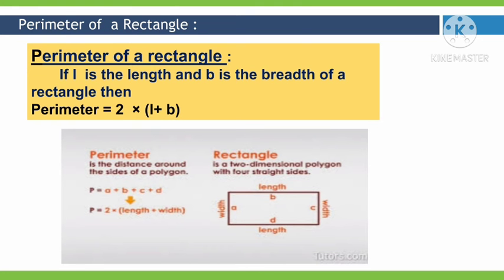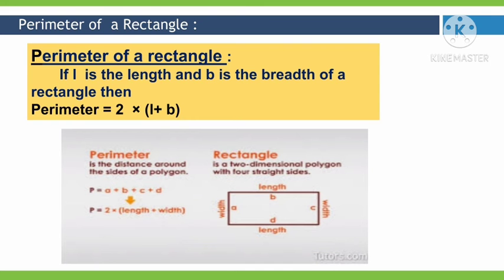Let's see how to find the perimeter of a rectangle. Rectangle is a four-sided figure in which the opposite sides are equal. Both the lengths are equal and both the breadths of the rectangle are equal. So how to find the perimeter? Perimeter is the total length of the boundary of the shape. So naturally you have to add the 2 lengths and you have to add the 2 breadths. So easily how can you do? You can add length and breadth once and you can multiply it by 2. So that easily you can get the answer for the perimeter of the rectangle.